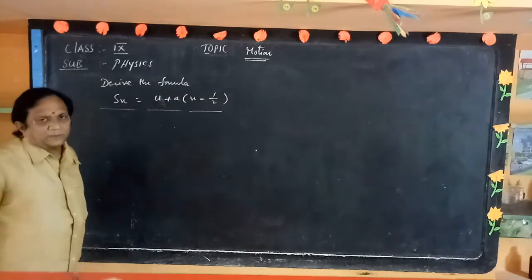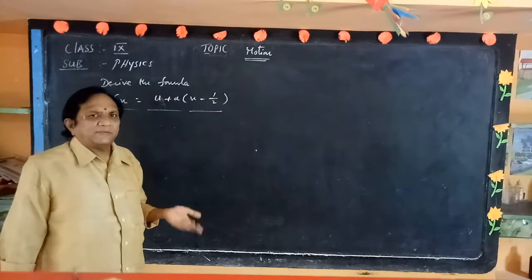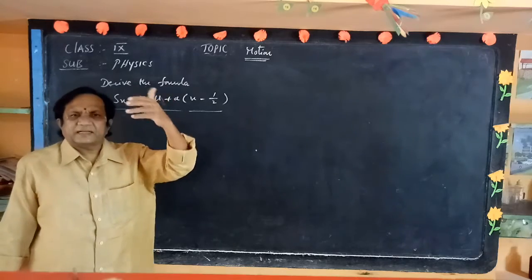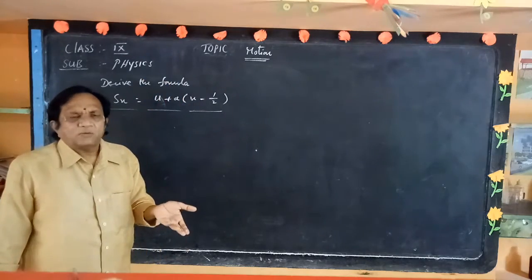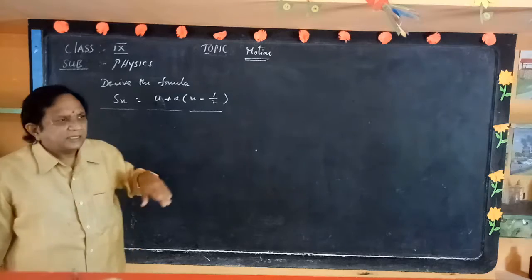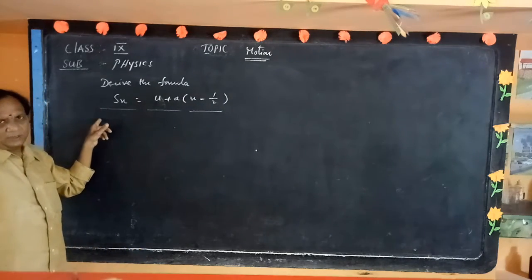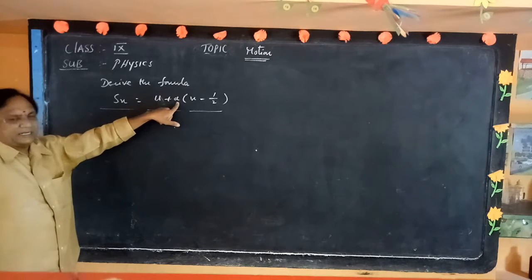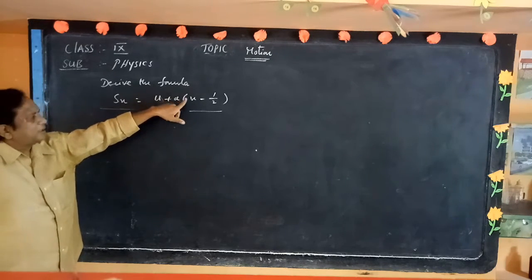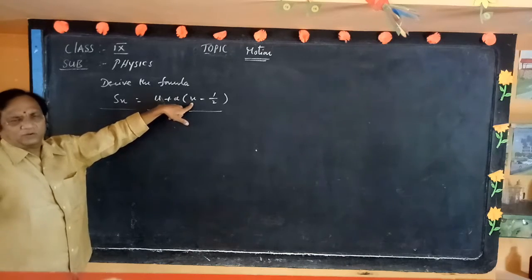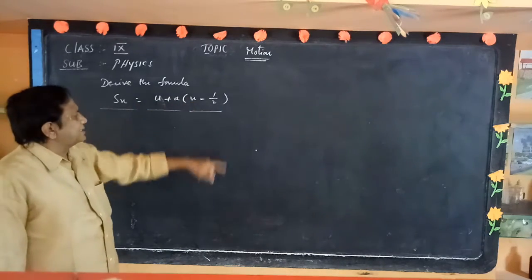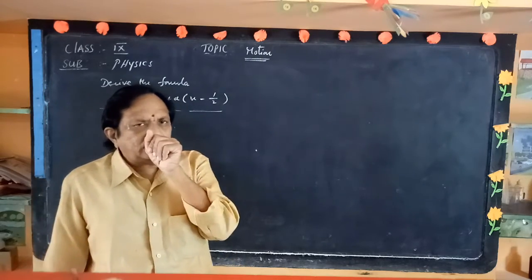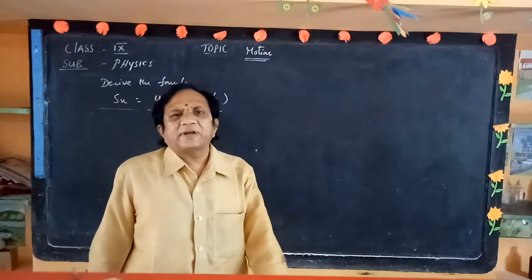So Sn is equal to, remember the formula, if the time is given after a few seconds, so after 10 seconds, after 15 seconds, whatever the time, the distance traveled by the object we can find by this formula. Initial velocity is needed, acceleration is needed, and the given time, which will be given in the question only. So minus 1 by 2. By calculating this, we can apply the second equation of motion.